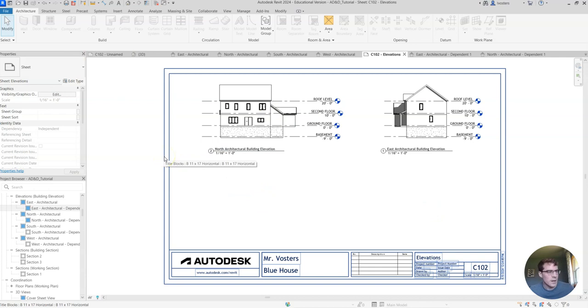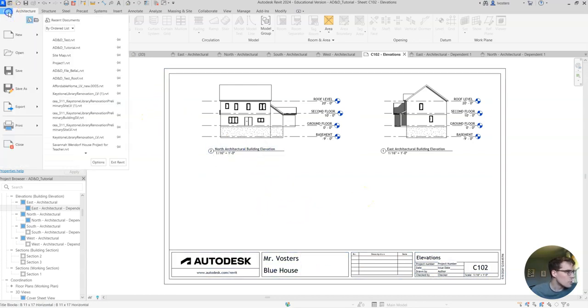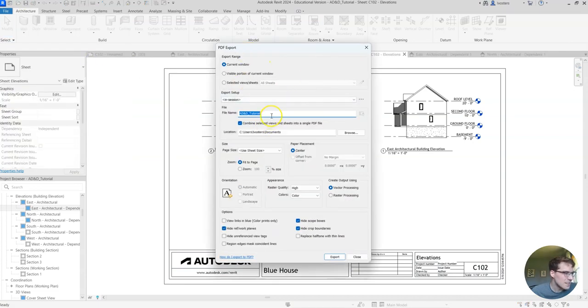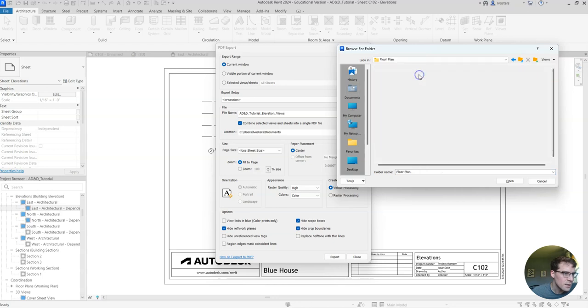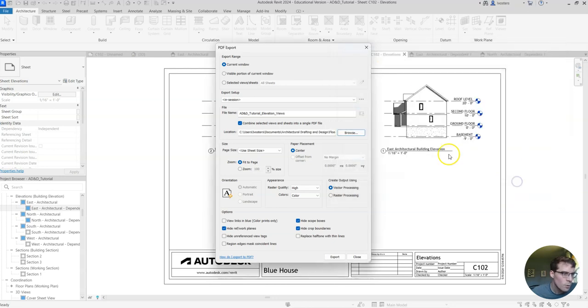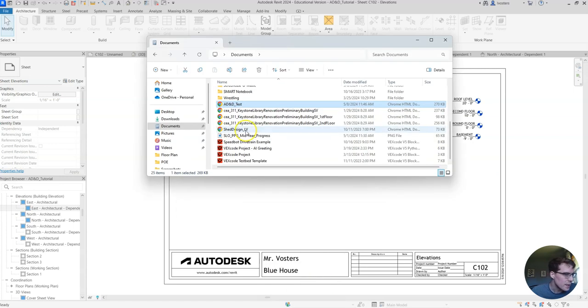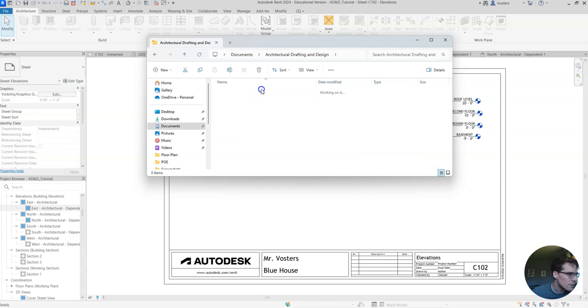So if you've got all your elevations done, unpause the video, or I guess you've already got the video unpaused. Go up to File, Export, PDF, and a lot of these settings you can just leave unless you want to rename. So let's do elevation views, and then just make sure you save it where you want to save it. I'll save it in my floor plan folder, and then you can change it to a different sheet size, click export, and then we should be able to find that if we go to that same folder,